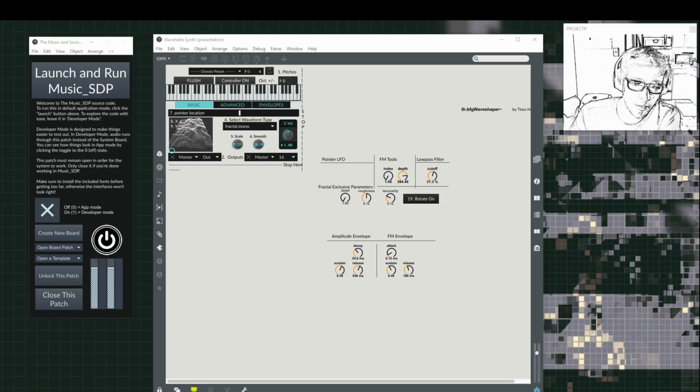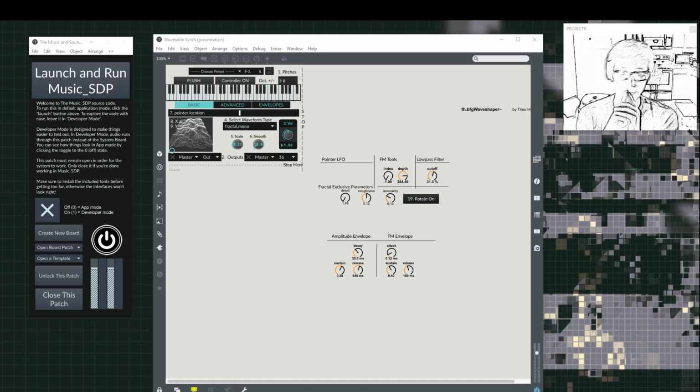So after recording yesterday's video on how to build a module, I realized that I had failed to discuss two pretty important aspects of building a module, and that is how to use and work with the preset system, and then how to include the files that you need to make your module future compatible with the current version of Music SDP that is out and the versions that came before it. So in this follow-up video, I'm going to cover those two topics, and we're going to start by looking at